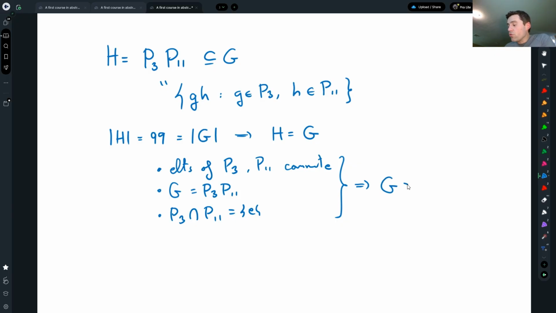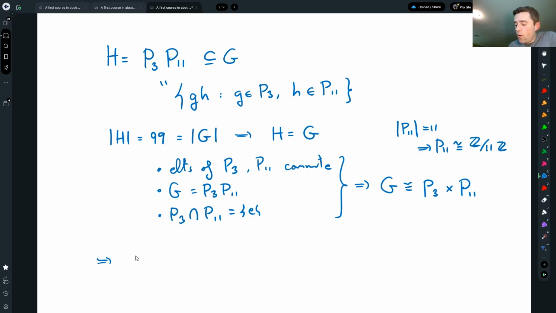So G is actually isomorphic to the 3 Sylow direct product with the 11 Sylow. And now, since the 11 Sylow, by the way, is of order 11, that implies that the 11 Sylow has to be cyclic of order 11, and we have found out there are two possibilities for the 3 Sylow, and that tells me everything now I need to know,